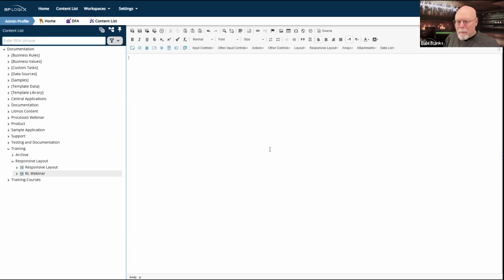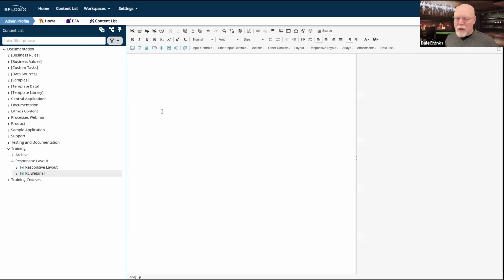There's a couple of basic things that you need to remember about the use of responsive layout. There's two things that you have to know right off the bat. Before you do anything, the first thing you need to know is, well, wait a second, this is starting to end up like nobody expects the Spanish Inquisition. The three things that you need to know. First of all, the responsive layout controls are not Process Director controls. They don't have their own properties. There's nothing that you can do to edit them.